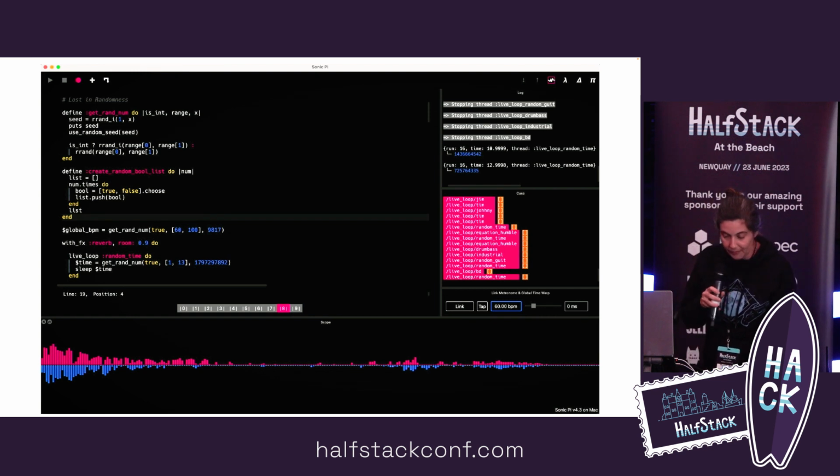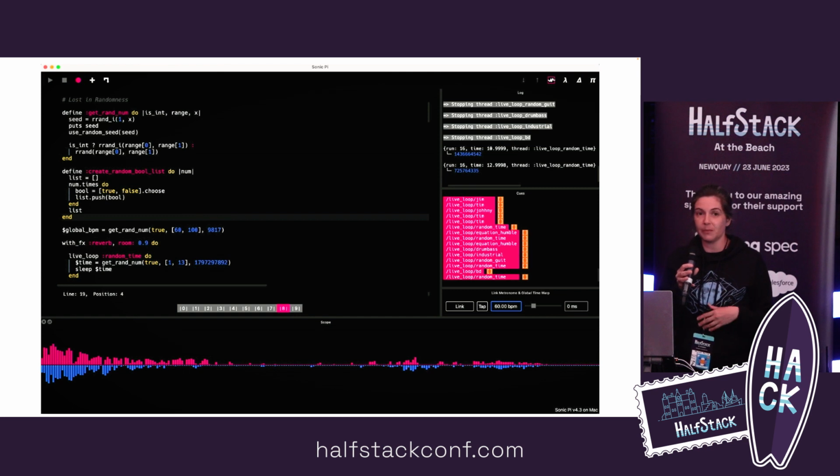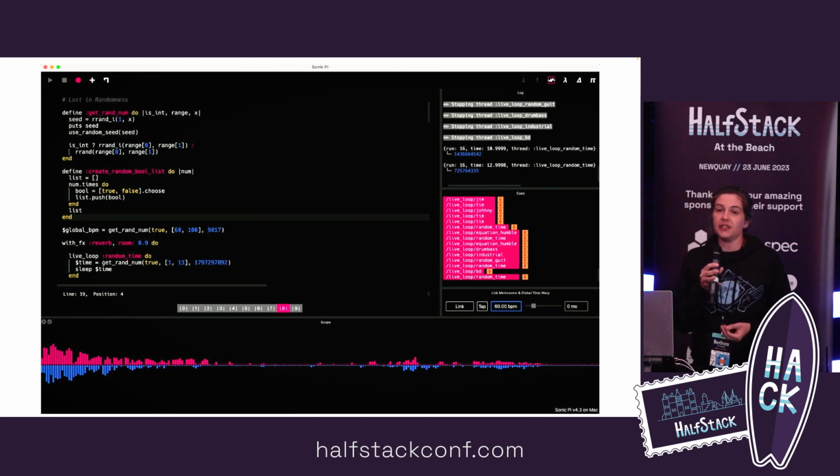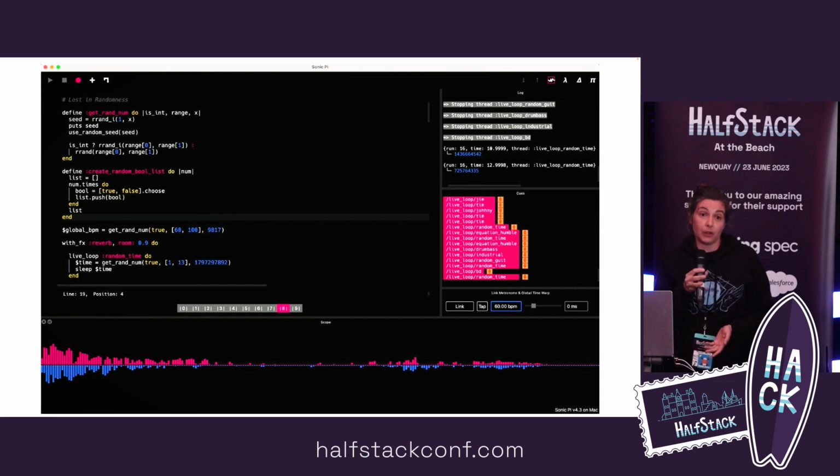So Newquay is not new. It's been around for now almost a decade. Which makes me feel a little bit old saying this, because it feels still like yesterday that it was a new thing, and we were all very excited to see the potential it could have for education. Even 4 or 5 years ago, which is not so long ago, in the live coding community, we had this big hope that it was going to be a tool that would be able to infiltrate the education system and really be part of the way that we teach young people how to code.